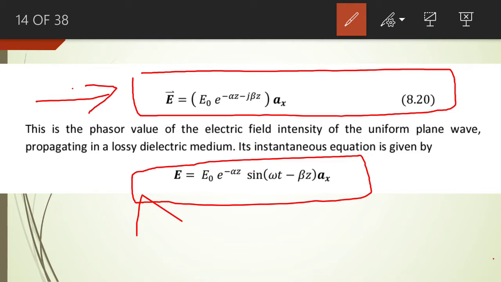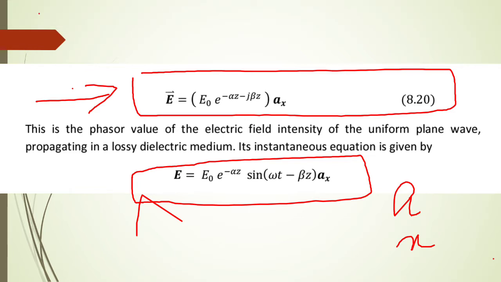Electric field intensity is a vector quantity, and we know that a vector quantity has a magnitude as well as direction. So the direction of this vector quantity is given by the unit vector ax. We assume that this vector is in the direction of the unit vector ax. So we derived this equation in the previous class, and today we are going to discuss